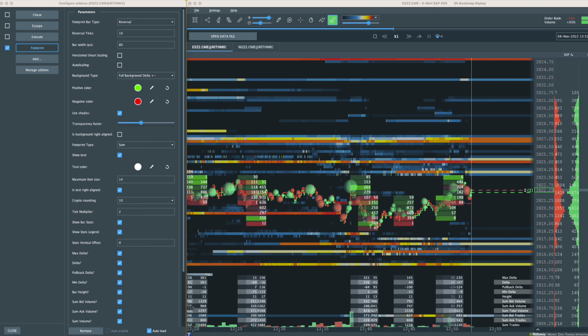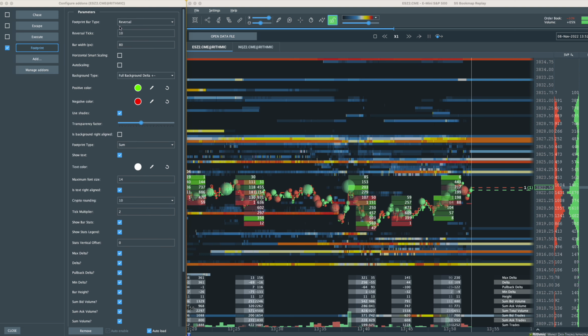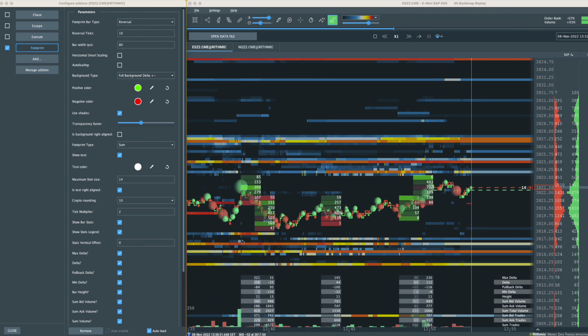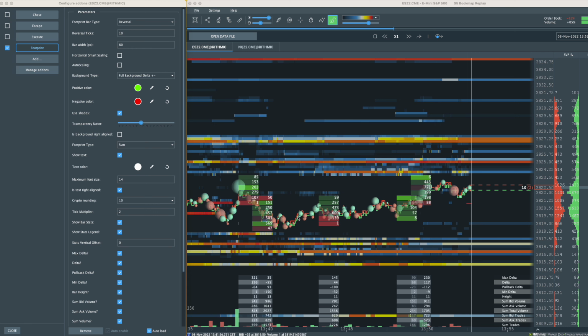So let's review the next version of the FootPrint. We have already seen the statistics and all the settings before, but now let's look at the auto-scaling feature. Right now we have no auto-scaling enabled, and we are looking at a reversal bar. When we are talking about a reversal bar, they can overlap on the horizontal scale, but we cannot really do much about it because the reversal bars are formed and there is no good way to